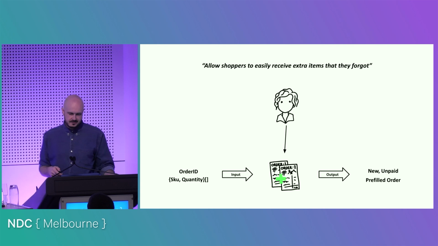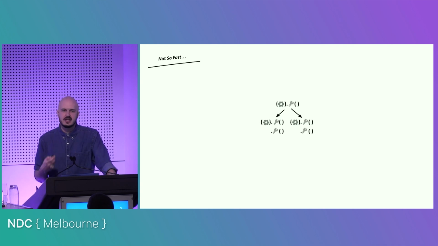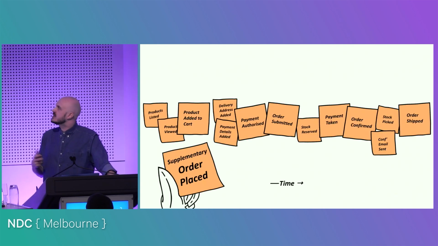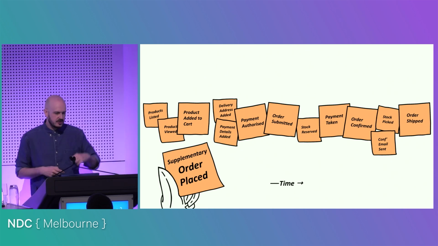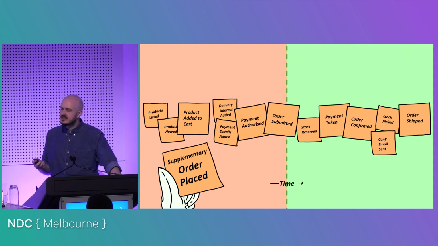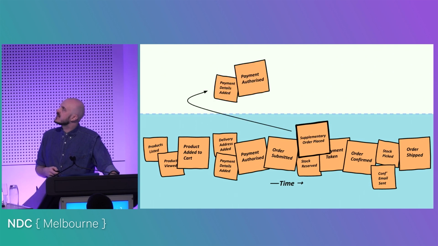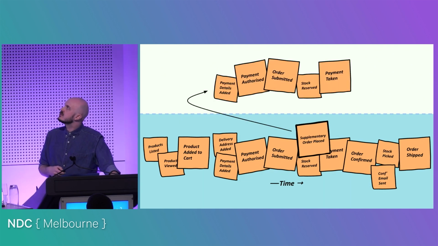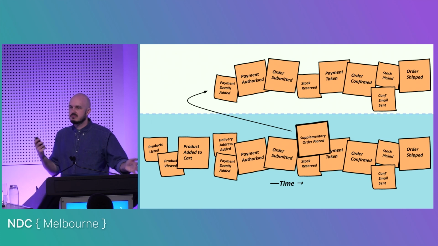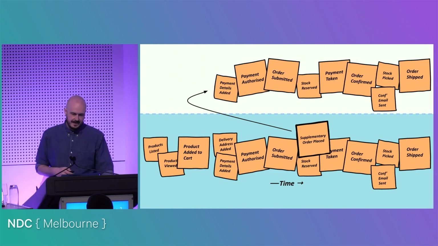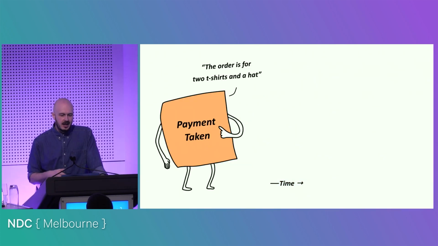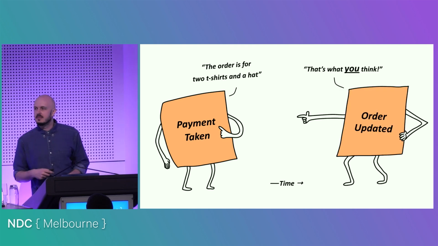Relatively straightforward. And even before we start writing any code, the nice thing we can do is go back to our events and do a little bit of sense checking with this. So we've now got supplementary order placed. And the nice thing here is regardless of where we put it on our timeline, it merely spawns a new swim lane of events, which carry on in isolation just like they were any other order, because in many ways it is just any other order. And what we've avoided here are events that come along and contradict or undermine other events that had come before it,